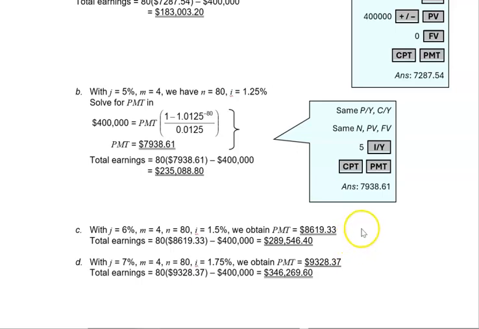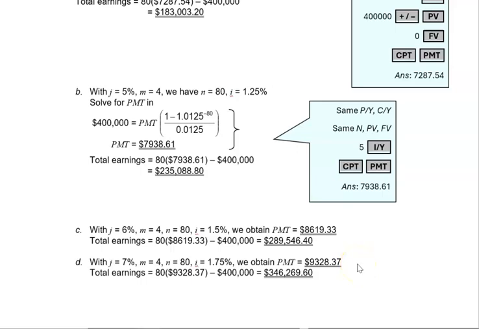For C, we've got payments. Again, put it in your calculator. We've got payments of $8,619.33 for earnings of this investment of $289,546.40. And for D, if it's earning interest of 7%, we're going to get payments of